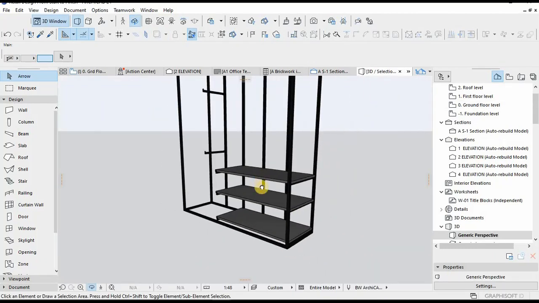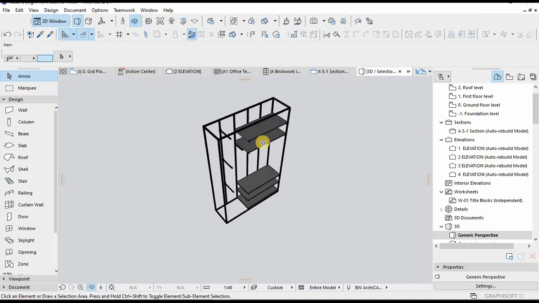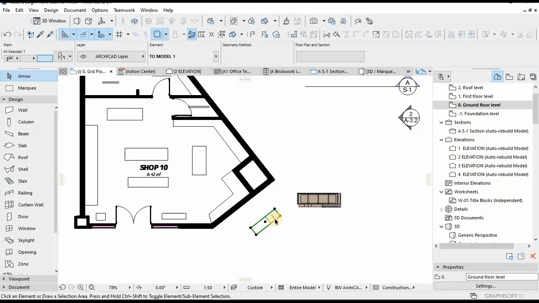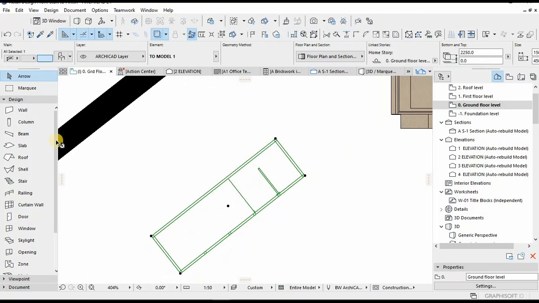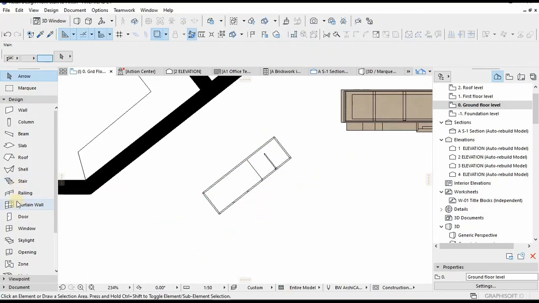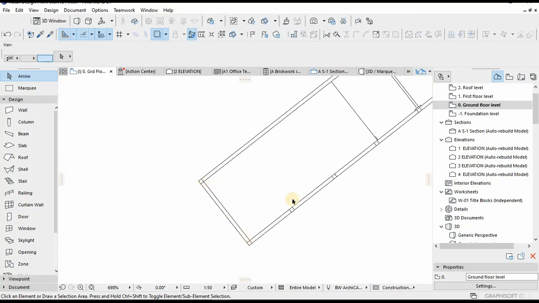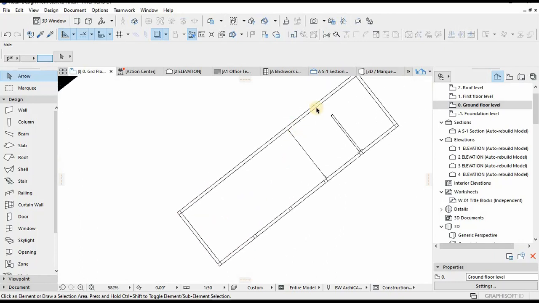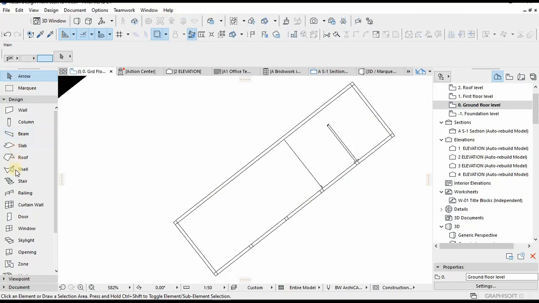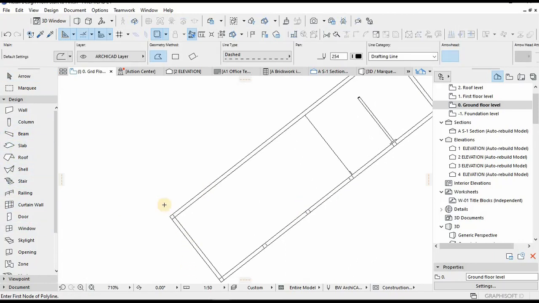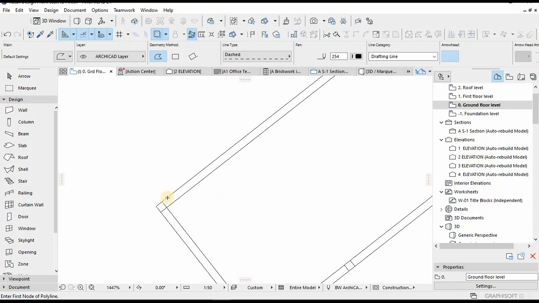Alright, so currently these are only polylines, so we need real objects. Those are imported. We're going to trace this over using a slab. Alright, first things first, you can trace this using polylines and then punch in your slab. Let's do it real quick. What I did is, for me to get the accuracy,